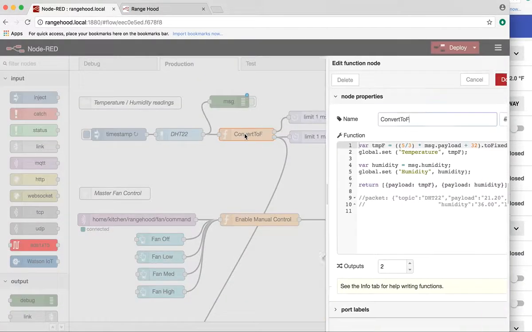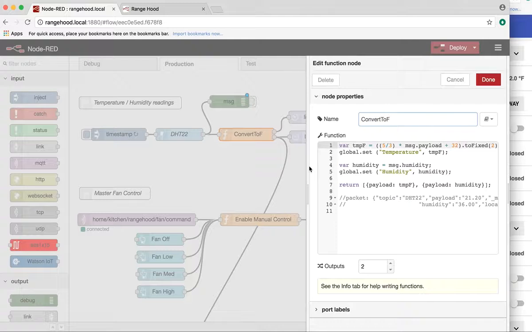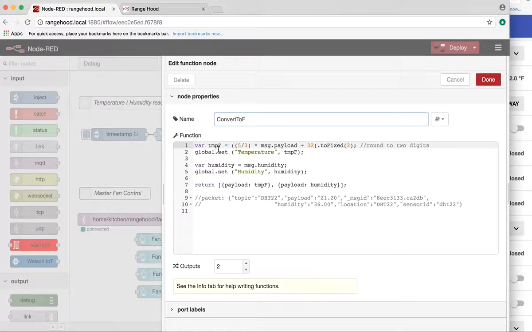Then I have to convert to Fahrenheit. So I go in here, and this is the conversion because the sensor reads in Celsius. So I do 5/3 of C plus 32. Okay, so I've converted to Fahrenheit, and I round it to 2 decimals. I set a global variable for temperature. Then I read in the humidity from message.humidity, and I set the global variable, and then I return those 2 payloads out the 2 different nodes. You can see 2 different outputs here